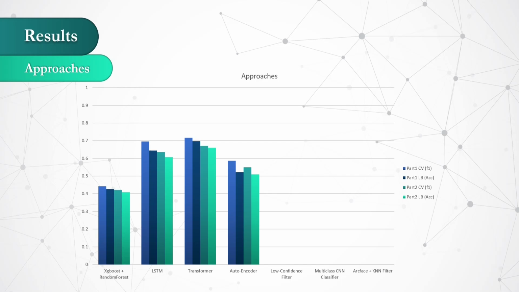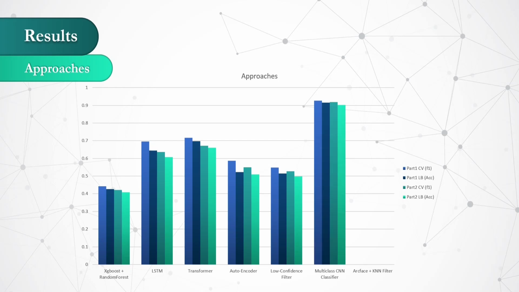Furthermore, we saw that if we train a CNN model using the 5 known classes, they tended to have high confidence for validation data of the known class and low confidence for the unknown class. We utilized this property by using a low confidence filter and classified confidence under a certain threshold as the unknown class. Ultimately, our best method was the multi-class CNN classifier trained using the provided 6 classes, which boosted our